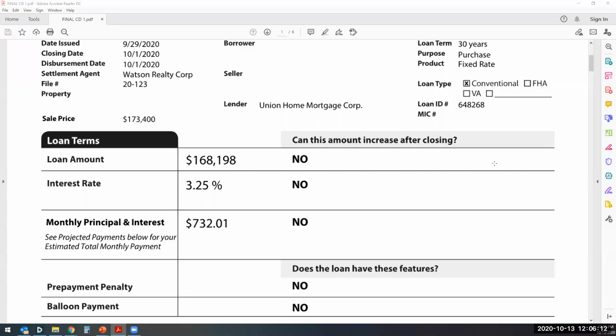All right, so the first part is the loan terms. Most important, the loan amount. On a conventional loan, the loan amount is very, very simple, okay? Just purchase price minus the down payment. That's the loan amount. In an FHA loan, it's going to be a little different and a little more complicated for the client, because the loan amount is going to be your purchase price minus your down payment plus your mortgage